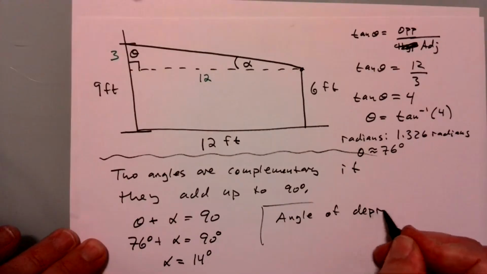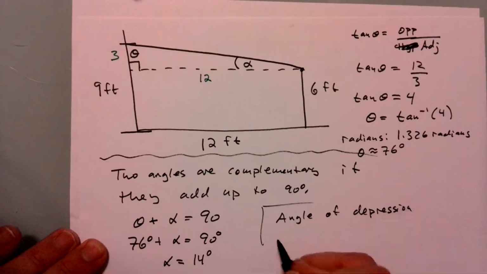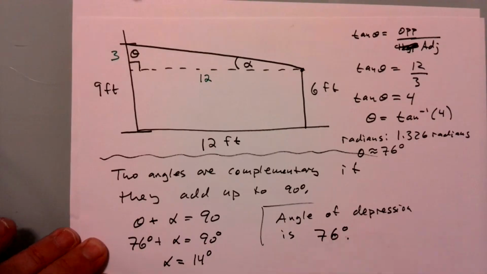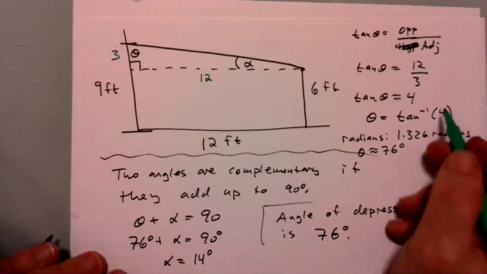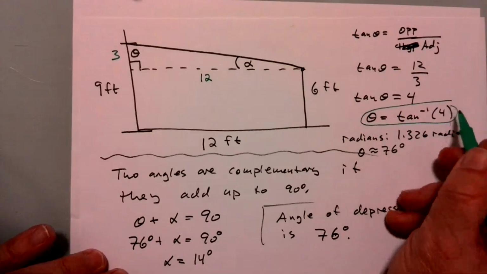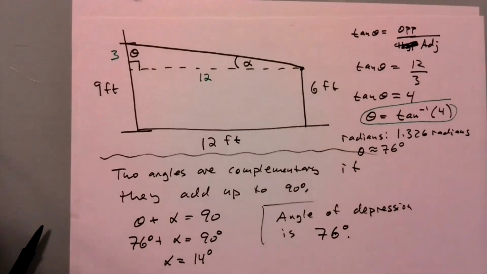Angle of depression is about 76 degrees. But again, you're not going to have access to a calculator on the exam, so the best you can do is this answer here and say that theta is the inverse tangent of 4. Okay. Let's go ahead and